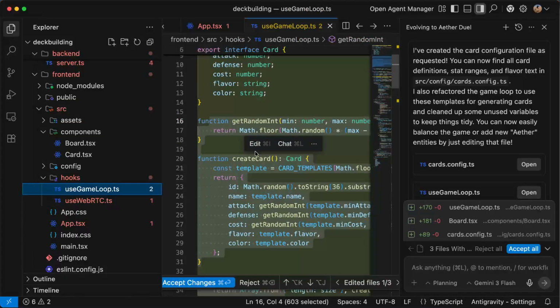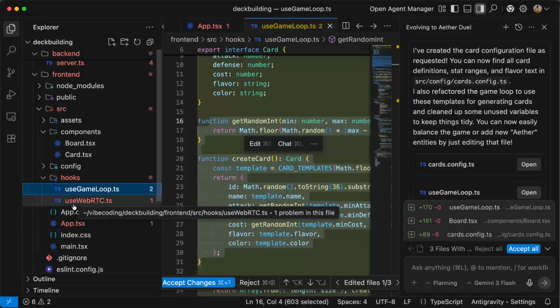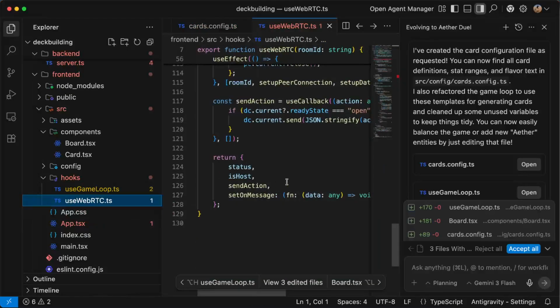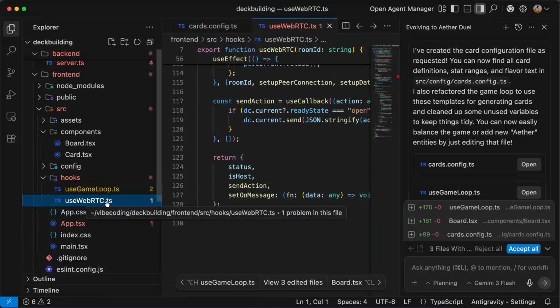Yeah. Like here, this is our hooks with our use game loop, and where is our use game loop being used? Where is our use WebRTC being used? So if you get code that is being rendered out by AI, I still can recommend to understand the code.